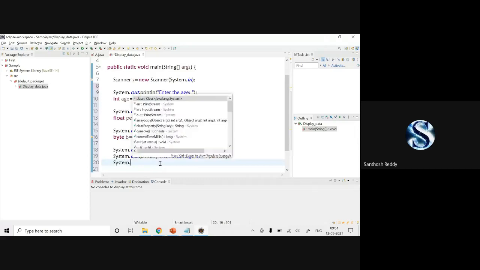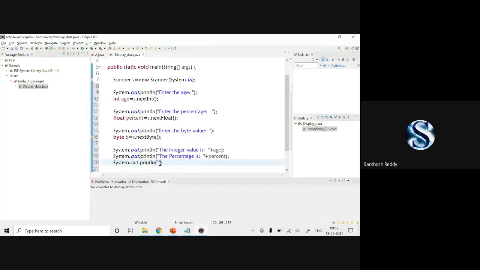Again, System.out.println. The byte value is colon space, plus, I'll specify b. Give a semicolon. Done. Now save your code.